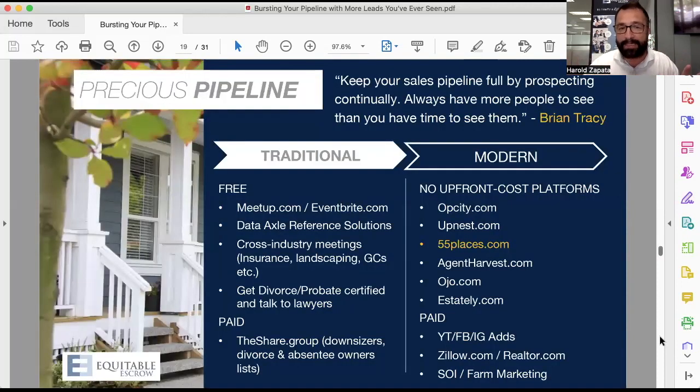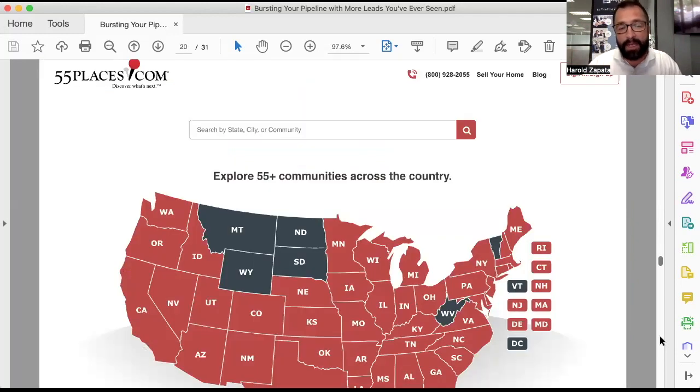It's very, very fast. In Coachella Valley, especially in our 55 plus communities, if that's your niche, I would encourage you to go to 55places.com. You can just select your state and just follow the icons and be with them. It's basically what the title says. It explores the 55 plus communities as a referral platform. They're looking for agents that are very familiar with perhaps manufactured homes, prefab homes, or communities that are 55 plus, and the amenities and how to sell them. So if that's your niche,